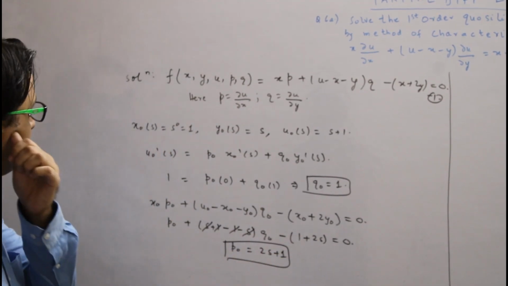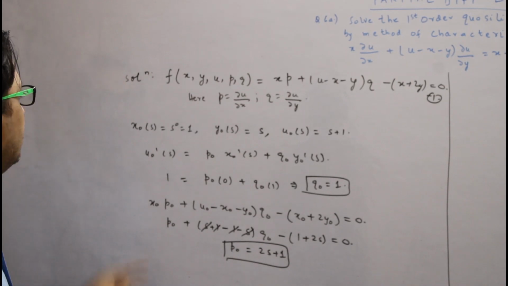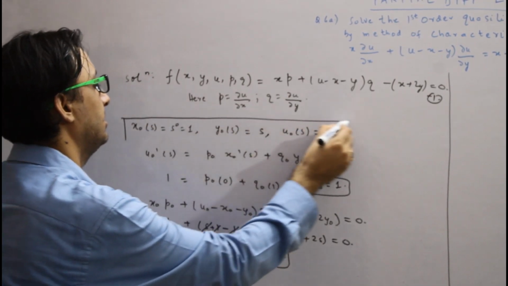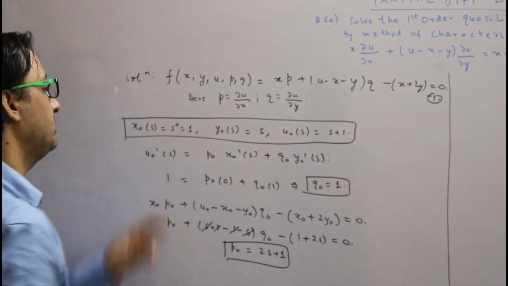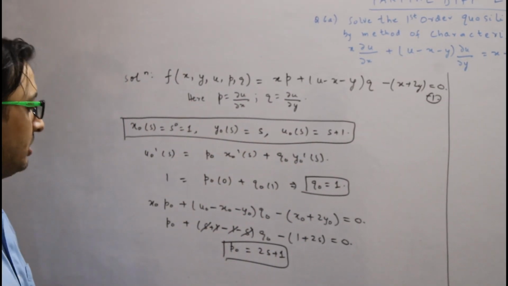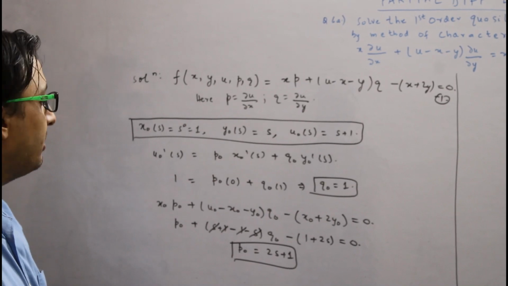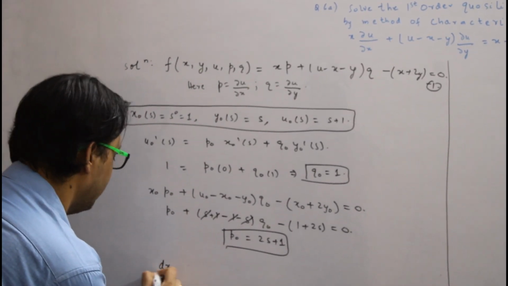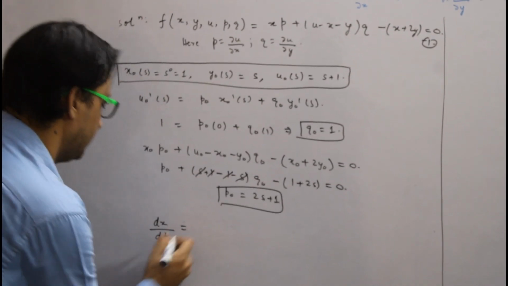Alright, so we have got certain things over here. We have got certain things, and we are going to use them later onward. So we have got some of the initial conditions. Now we are going to use the 5 equations, that is